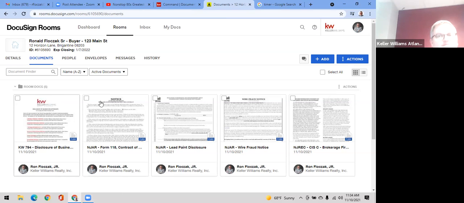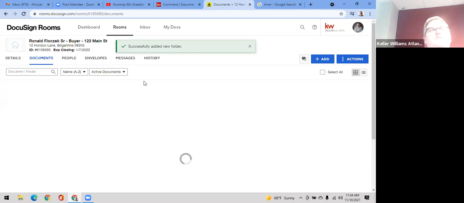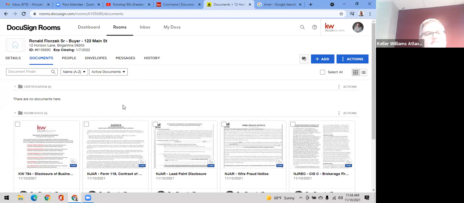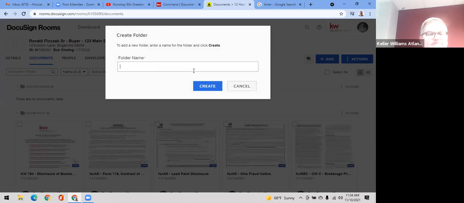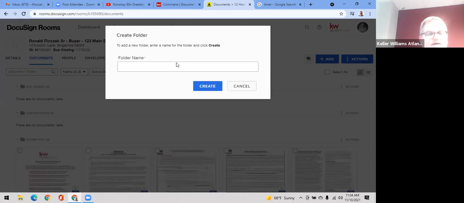So to do that, we're going to click actions and we're going to click add folder. I always have one in here called certification. Because like I said, oops, it would help if I could spell it correctly today. You get a certification off of every document that's signed. And I always create one. Well, I've been creating two now if I have a listing. Agreement of sale signed. And the last one that I've been creating if I have a listing is